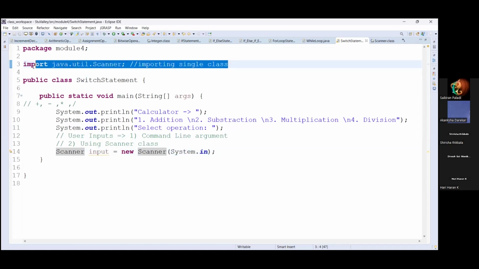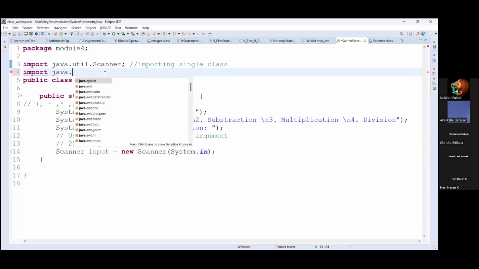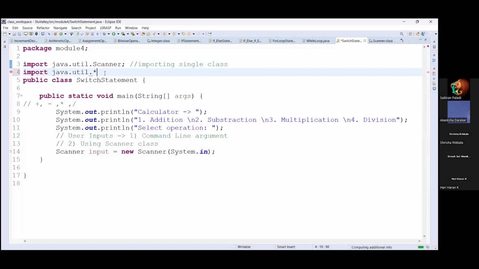So mostly we prefer to import a single resource. Single class, single interface we are using in this way. If you are using multiple classes, multiple interfaces from the util package itself, then we go for the second import statement like this: import java.util.*. This is used to import all classes, interfaces, enums